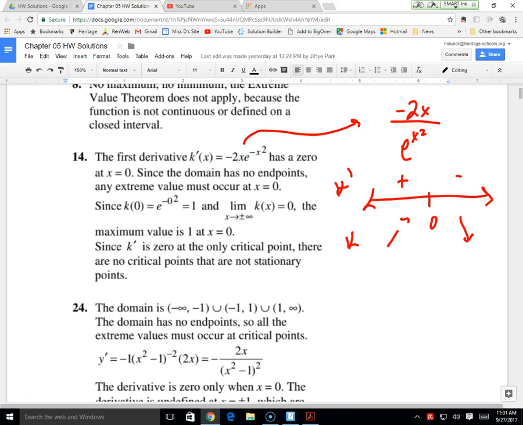And what did I say? No critical points that are not stationary points. What are stationary points? I think it's just where the derivative equals 0. I think you're allowed to have a change in direction or a non-change. Stationary just means you're stopped, like a stationary bike is one that doesn't move. Does that make sense? So stationary points are stopped, the derivative equals 0, and the only critical number was when it equals 0. If the denominator had 1, that would have been a non-stationary point. Does that make sense? Moving on.